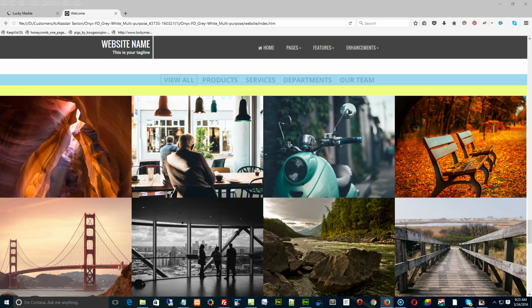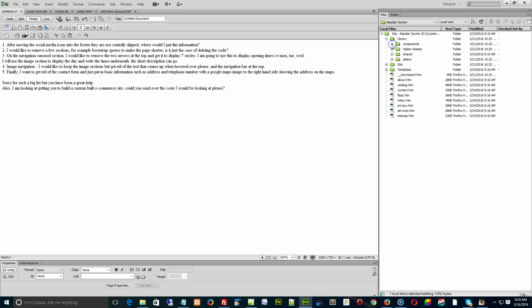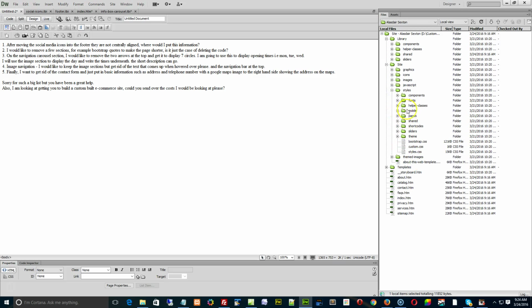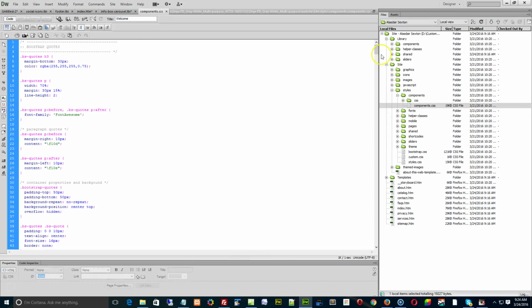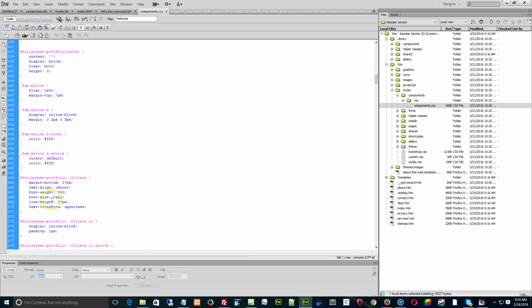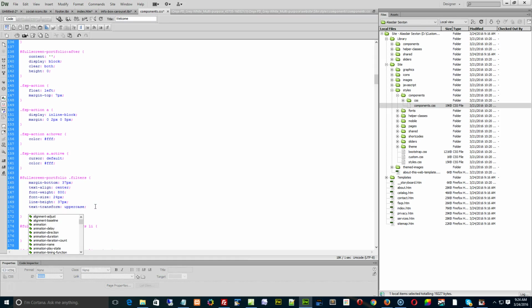Let me just find out where they are. They are in the full screen portfolio filters, components, line 164. Okay, so to hide that navigation bit at the top, you need to go to your styles, components, components.css, go down to line 164. And right here, we're going to do one of these here. Type in visibility, hidden,